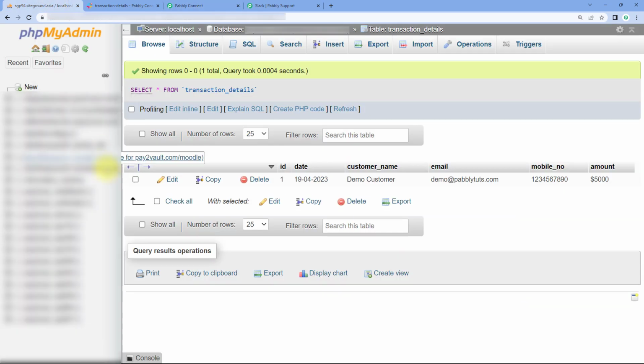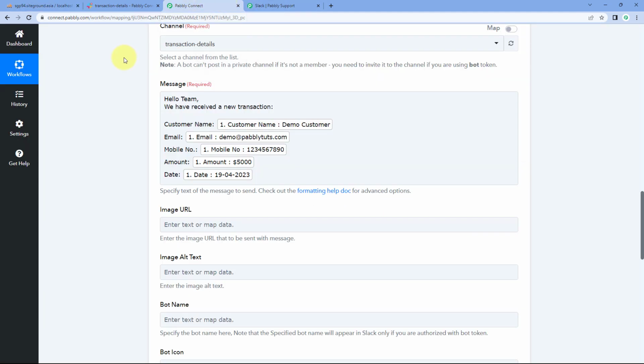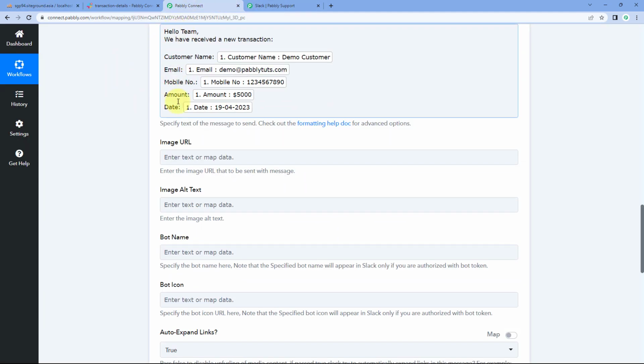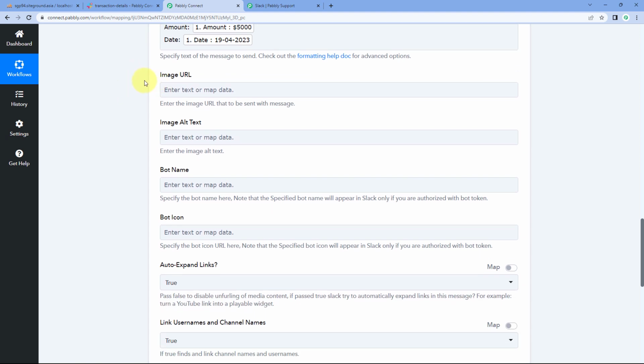So whenever next time a new row of data is added in MySQL, the data which was added, with the same details, this message will be sent on our Slack channel. Now after creating the message, it is asking us for an image URL and image alt text. So if you want, you can also send some kind of images on your Slack channel using this action step. Right now in this video, we don't want to send any kind of images, so we can ignore this field